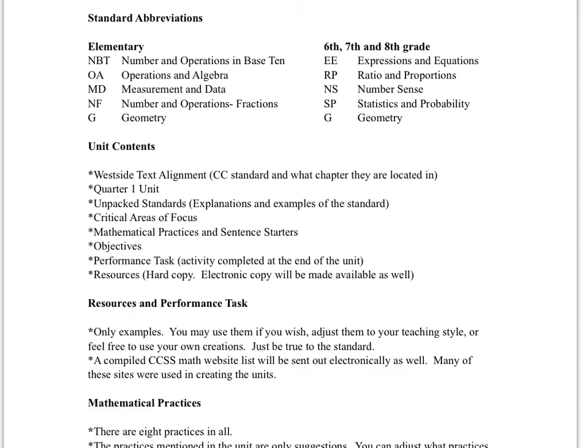The compiled math website list I'll be giving you also is electronic, and you can click on, I think there's probably 20 or so websites, and they're user-friendly. I've used them in making the units, and most of them, if you just put in the standard and your grade level, it'll pop out a lesson for you or an activity for you or give you a further